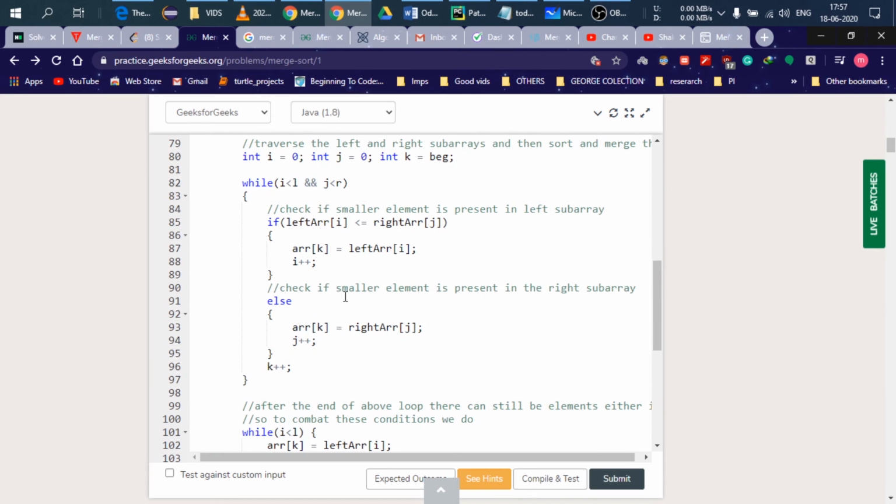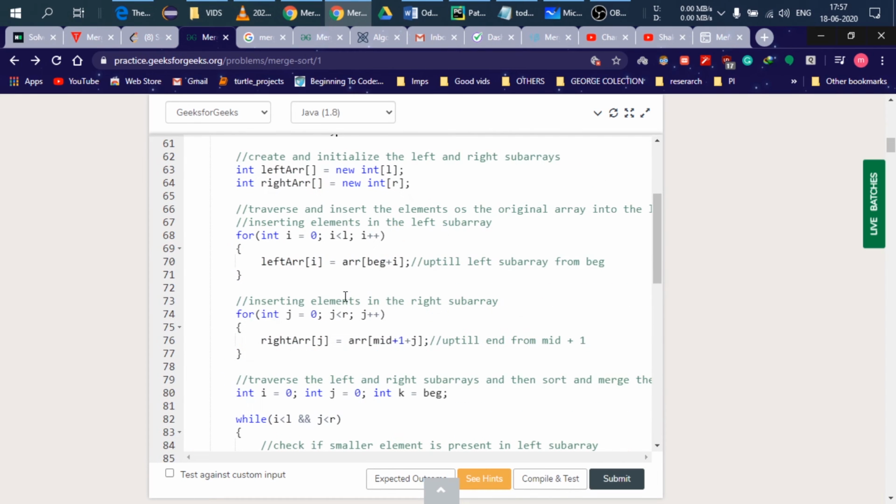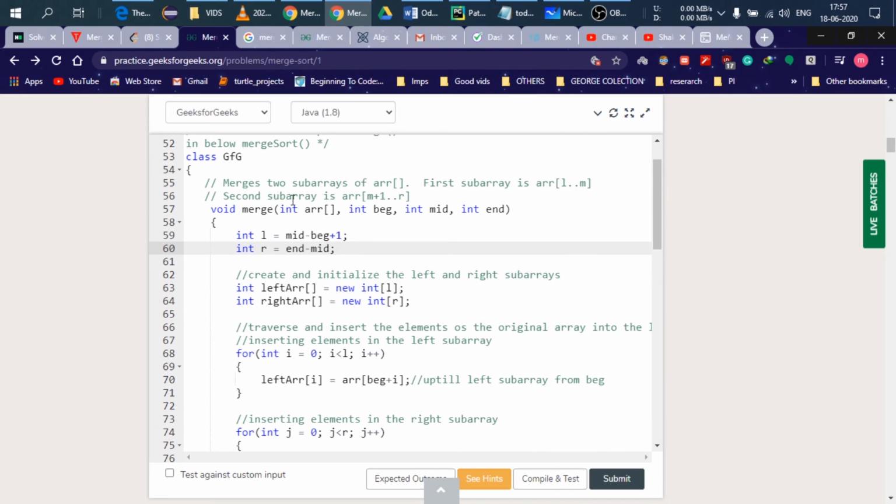So now let's see what's different in the merge function. In the merge function the arguments are the same, but here's the catch. We'll initialize two variables, first for the left subarray size and second for the right subarray size, and minus mid minus beginning, plus 1 for the edge case. And now we'll initialize two empty arrays,